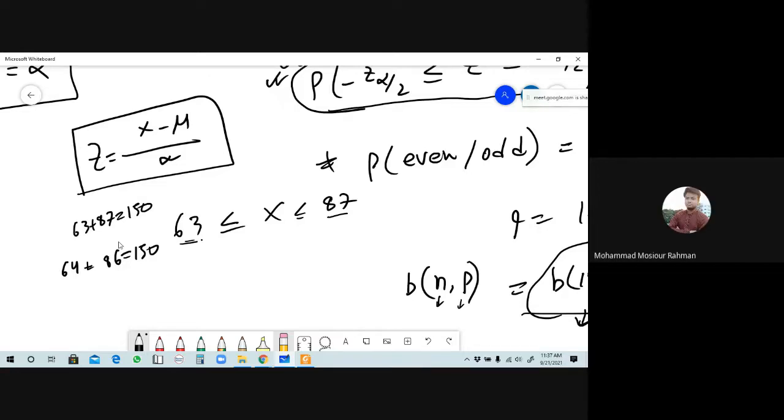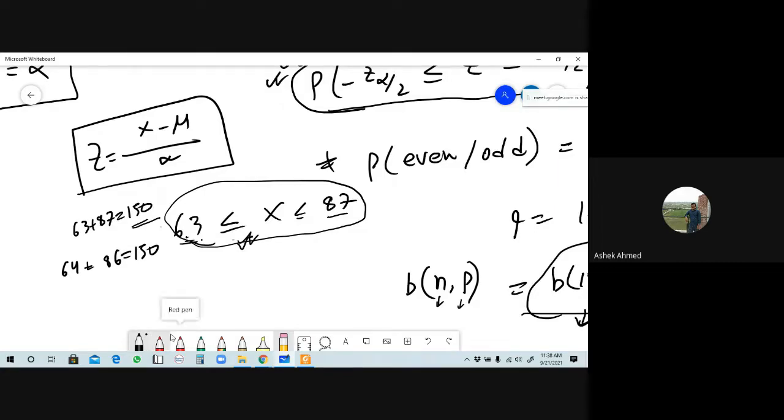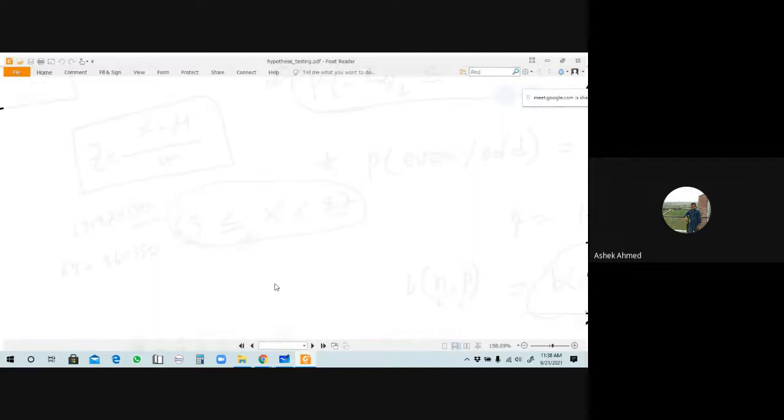Yes, sir. Okay, so if you take any value between this, the other value for equating 150 will lie in this interval. যদি তুমি 63 থেকে 87 এর মধ্যে একটা ভ্যালু নাও, ওকে, এর সাথে যদি তুমি 150 মিলিয়ে দিতে চাও, that value also lies between this interval. তুমি এইভাবে এটা চেক করতে পারো, it depends on you. ওকে, এটা আমি বললাম। এখন দেখো from here we can determine some concept.